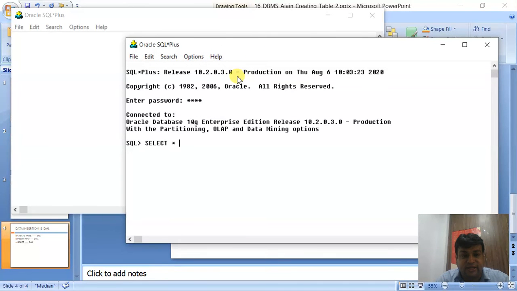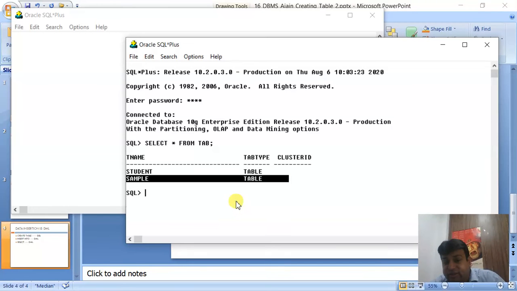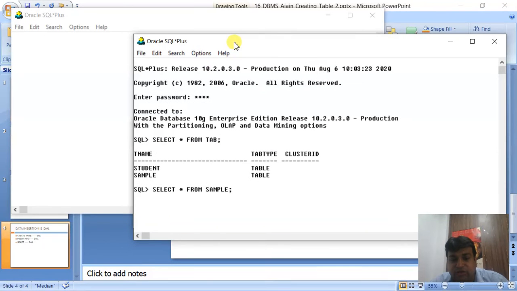Yes. Select star from tab. Now you can see there are two tables. One was the previous table student, and this is the sample we have just created. So the table is there. But now let us see the data. Select star from sample.